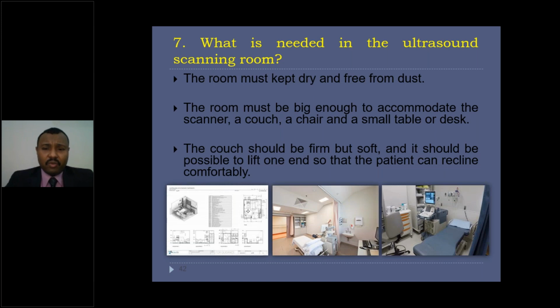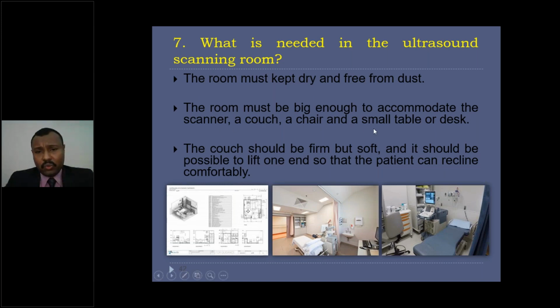And we are free from dust because we are dealing with a sophisticated ultrasound machine that is going to be affected by dust. And again, your room should be dry to avoid any kind of electrical shock that could be generated accidentally if you didn't take care of this point, which appears at the beginning of this slide. Much more, our room should be big enough to accommodate the scanner and